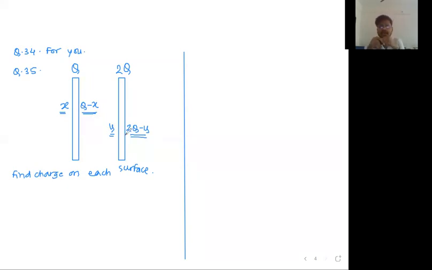So this is very obvious: here we have introduced two variables x and y, so we have to write two equations. Very simple thought. Find the electric field at this point, which must be equal to 0. Find the electric field at this point, which also must be equal to 0. Let's say this point is small a. Let's say this point is small b. Electric field at point A must be equal to 0 because it is a point inside the conductor. Electric field at point B must be equal to 0 because it is a point inside the conductor.